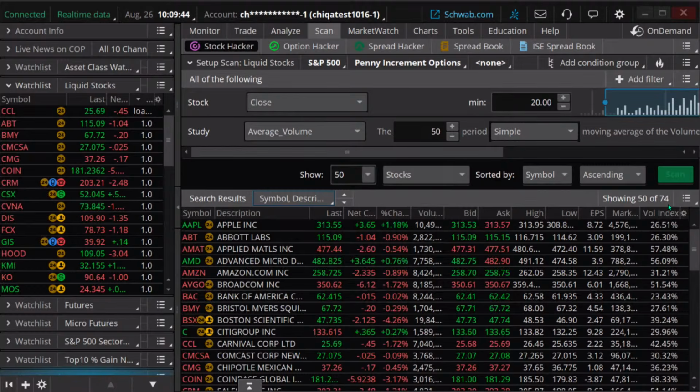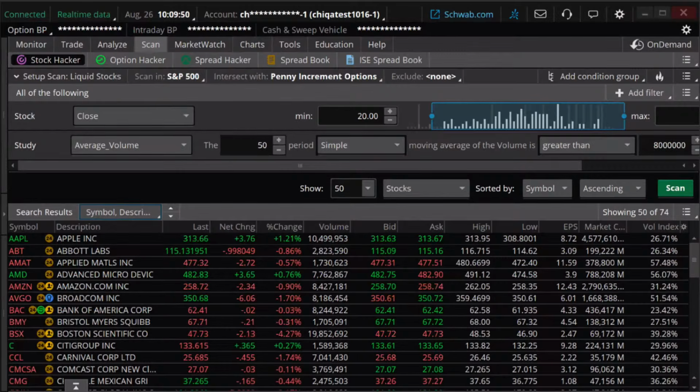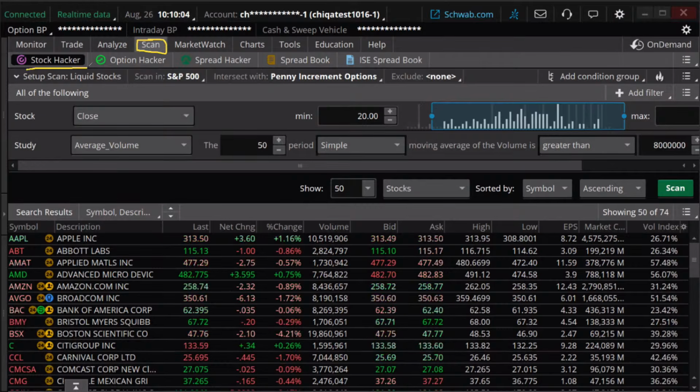So clearly a different list than the S&P 100 that we talked about before. Let me shrink down this left-hand side. We'll go back to that in a minute. But here's what I want to point out. I want to point out some different parameters I put on this scan, how you created the scan. First of all, we went to the scan tab. Secondly, we went to Stock Hacker. Okay. And then if you already have existing elements in there, you can clear the filters here. Okay. Clear out the filters.